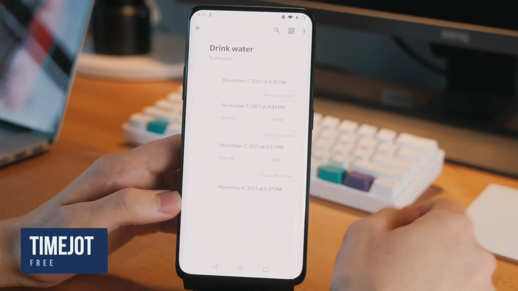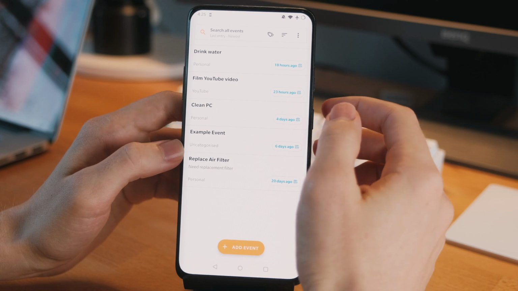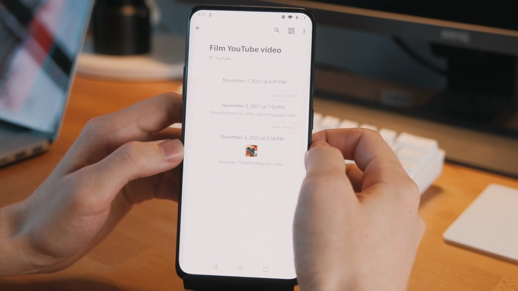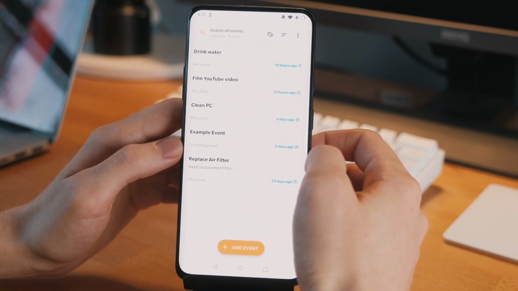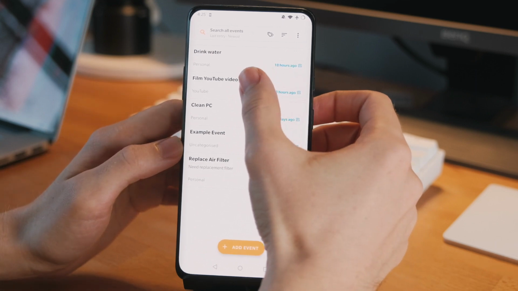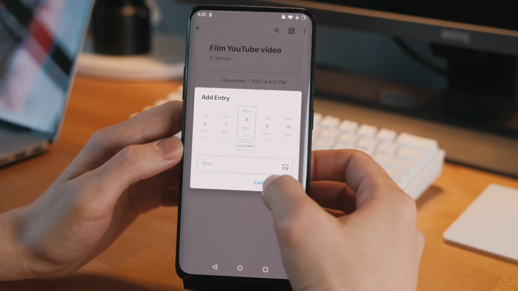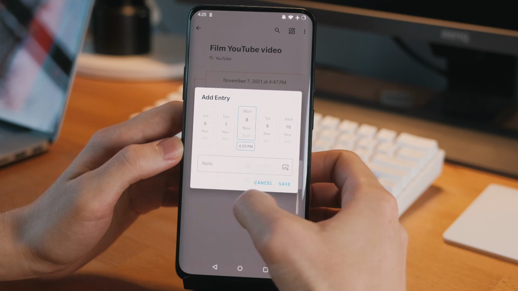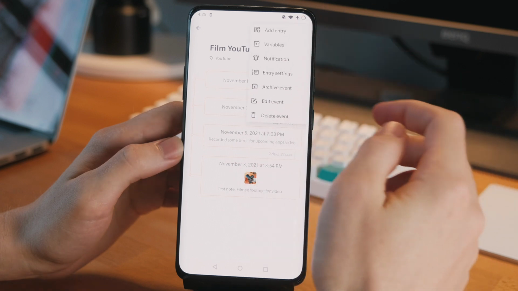So TIMEJOT is basically an event timeline app that's going to let you easily record when you did something so that you can then keep a log with specific dates for each entry. So if you find yourself repeatedly doing something but you want to start keeping track of those specific dates, this app can do that. The app has a really nice interface and it comes with a number of really helpful features, including adding notes, photos, or even variables to an entry so you can save some specific details about each entry for all of your events.